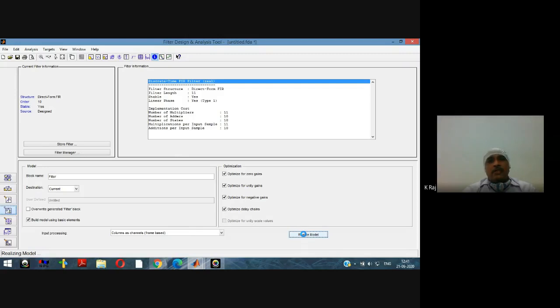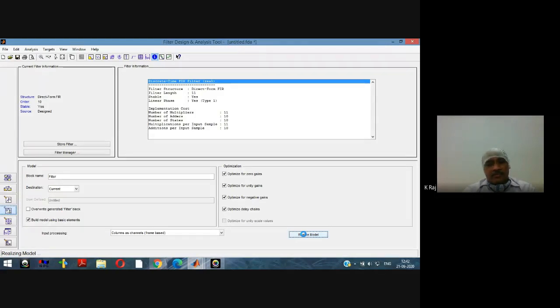After designing, the next step is the analysis. Why is the analysis required? In order to see whether the performance of our designed filter is as per the given requirement or not. Is there any deviation? Then naturally there is a need for modification. After modification, again we design the filter and analyze the performance. Then, to make the decision for the area as well as the cost of the filter, there is a need for the architecture, that is, the filter structure.